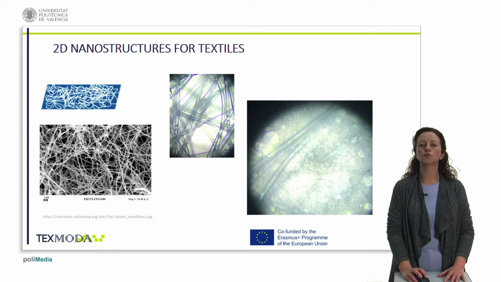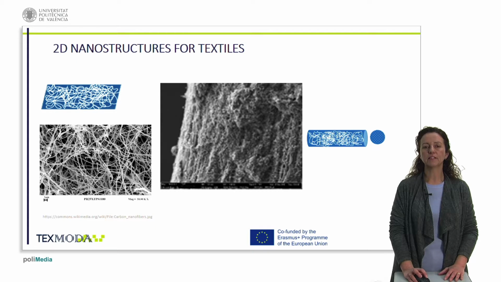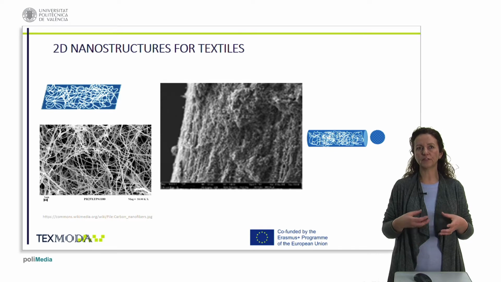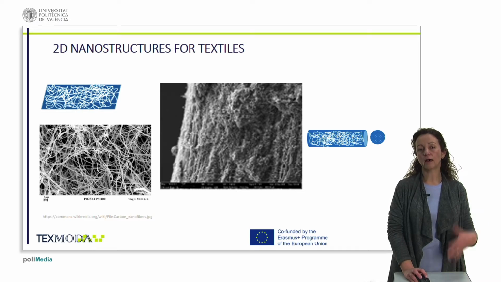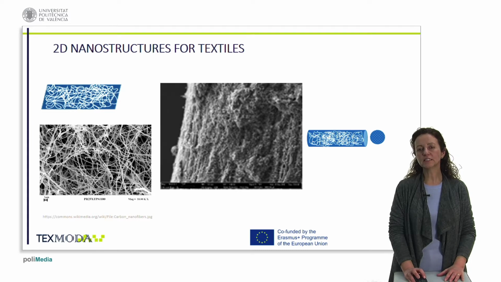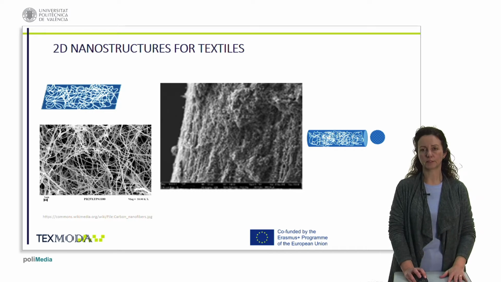Well, how can we use the nanofibers? Usually we need a support. In this image you can observe that, in this way, without anything to give it consistency, it is not going to be possible to use. But for example, we can use them covering a non-woven, as we said previously, covering a fiber, or even including them inside one of the fibers. So we can obtain a conventional fiber, and inside this fiber we include the nanofibers.